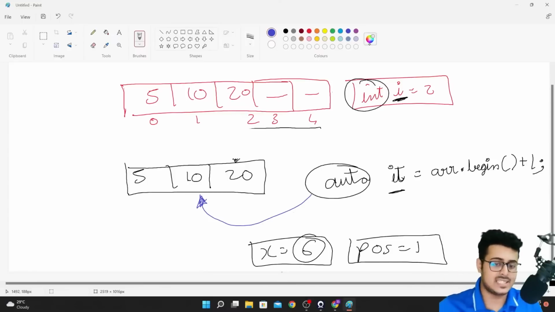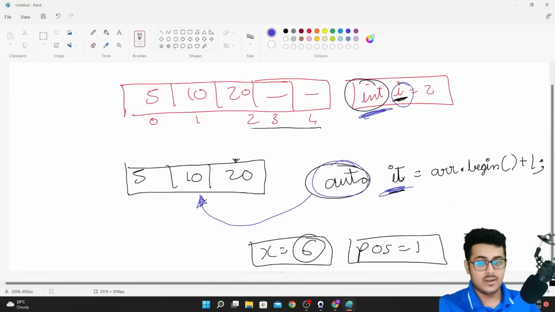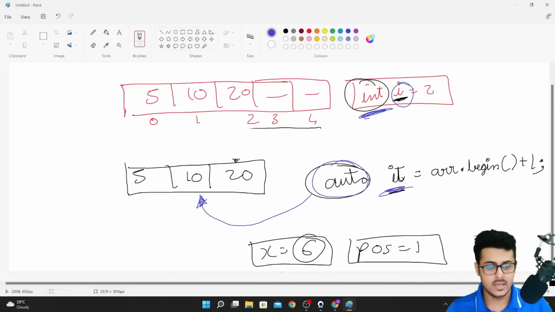Auto is just like you have int for i; similar to that, for a pointer we have auto, it's a keyword. This creates a pointer that points to this particular element. Now, to insert an element into the vector itself,